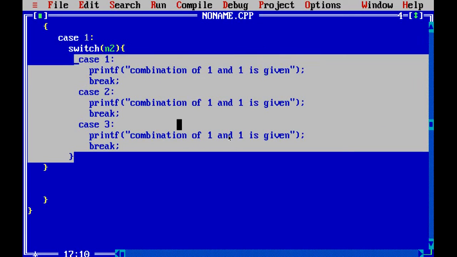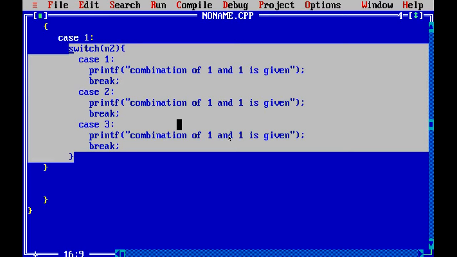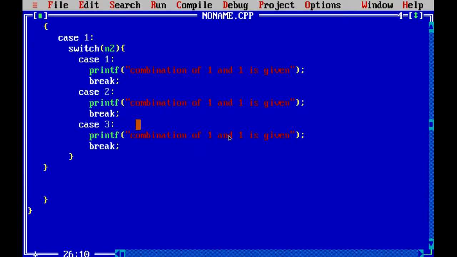So this becomes the nested case for case 1, and this is the complete statement for case 1 of variable n1. In the same way we will add case 2, and inside that we will add the same switch statement for n2.